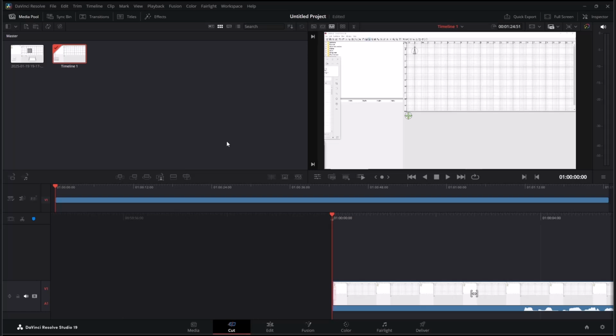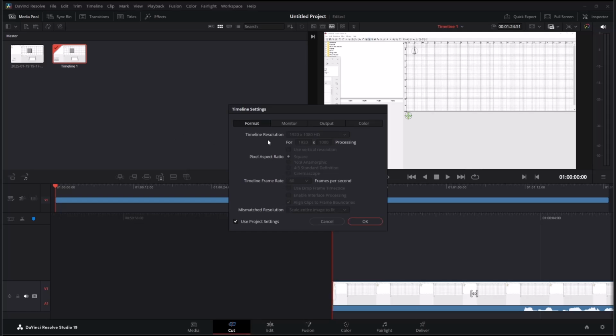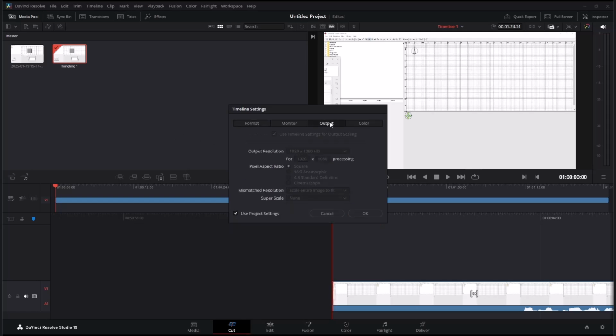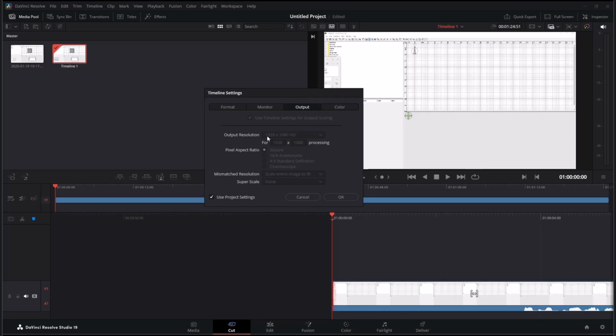Now if you want to change the aspect ratio in this video, you can right click in this timeline and then go to timeline settings, click on output, and in here you can uncheck use project settings and uncheck again for use timeline settings. You can set the aspect resolution in output resolution. Like I will set this option